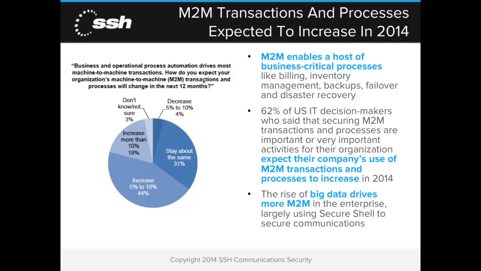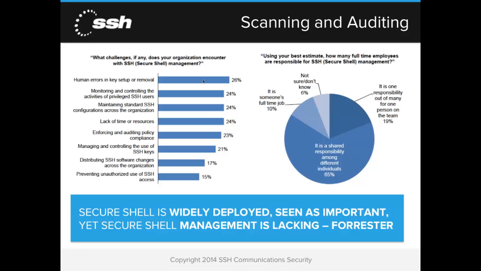And that's a trend we're seeing because of the rise of all kinds of data that's coming in, either from folks using their iPhones to make purchases, or now in your home you have smoke detectors and thermostats that communicate into a central database. These are all things that are causing more data to be put into the cloud, into different data centers, to be transacted across your networks. And if it's coming in and it's not managed, this creates a huge issue for your organization. And most organizations are not scanning or auditing.